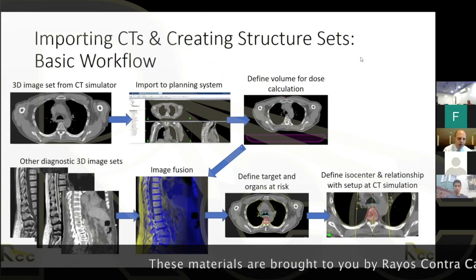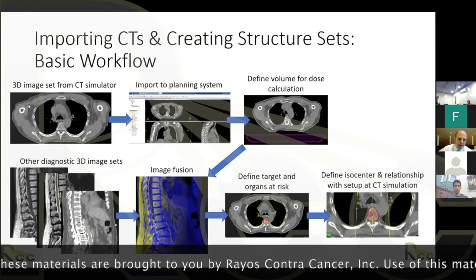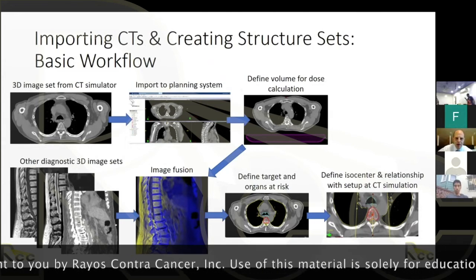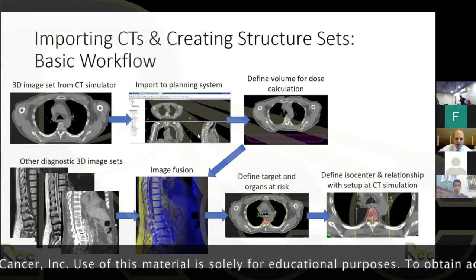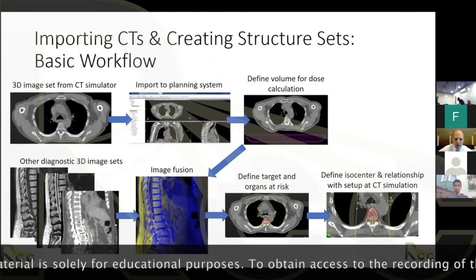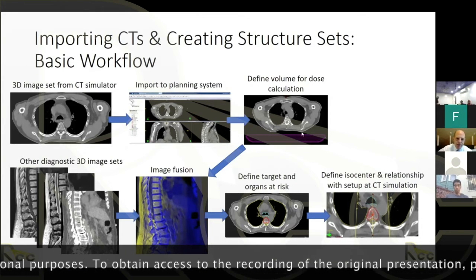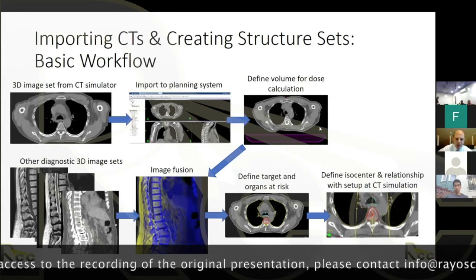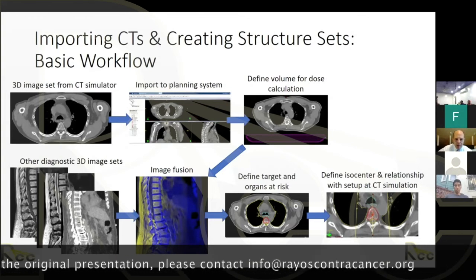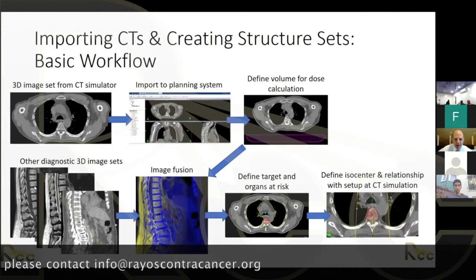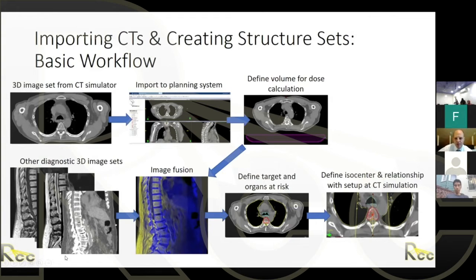So you start with a 3D image set from the CT simulator, which is then imported into the planning system. And then there's some preparation work that happens prior to the planning, which includes defining a volume for dose calculation, importing any other diagnostic 3D image sets that will be used for contouring, for any other information that is incorporated into the planning, an image fusion between the 3D image set from the CT simulator for planning, the planning CT,